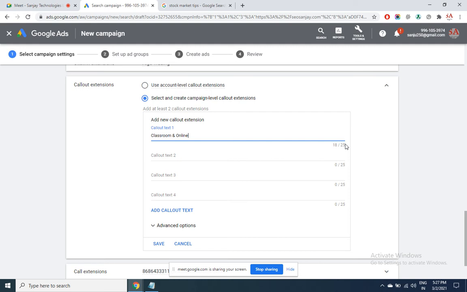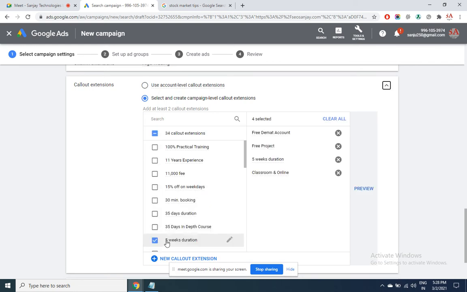These numbers are important from an exam perspective. Save. So I've created 4, like that more you can transfer to the right side. Okay, so that is your callout.